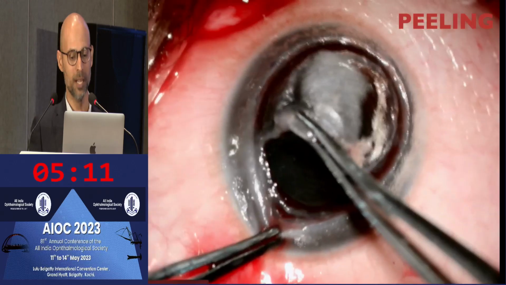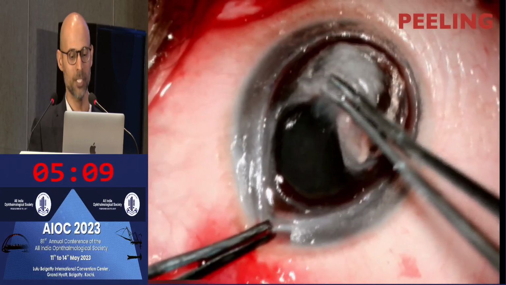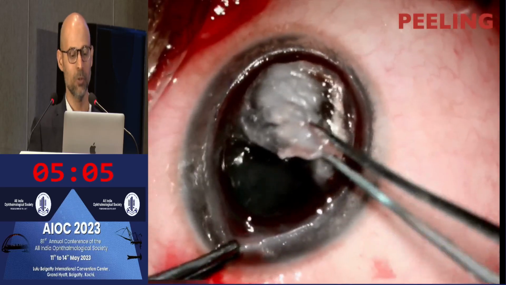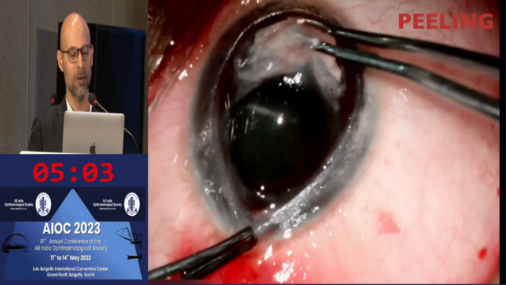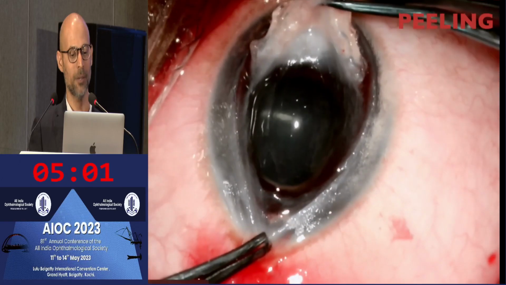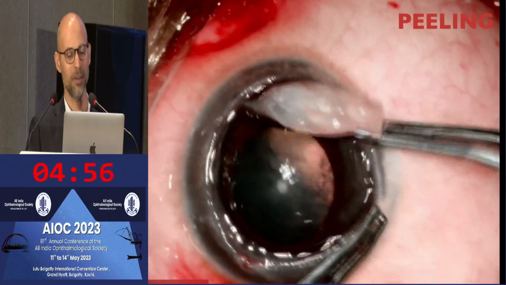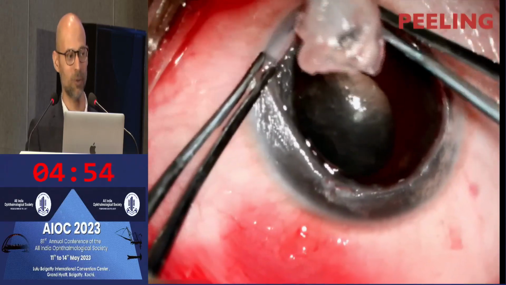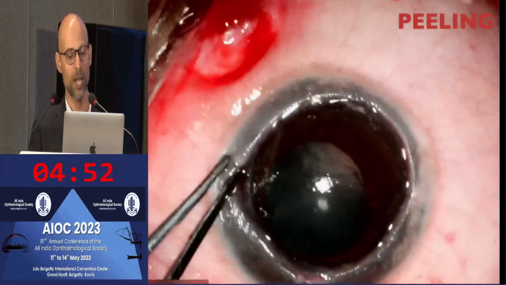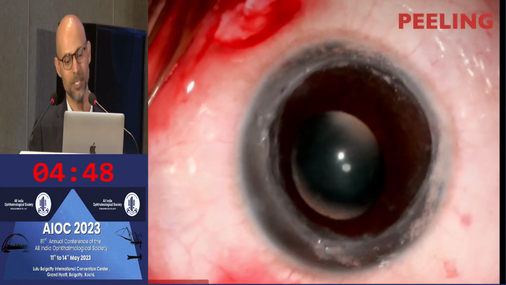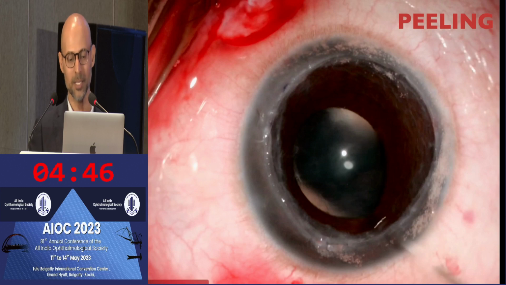And the beauty is, after you've opened up this potential space, you don't need to dissect anymore. Just using stretch forces, using two forceps, one giving counter traction and one holding that central island, you can just strip that entire stroma off that interface, and it really peels off quite well. And because the stretch forces are distributed over a larger area, you don't really end up with a perforation very easily. And you can see you get a very nice clean bed, just like you would with a big bubble